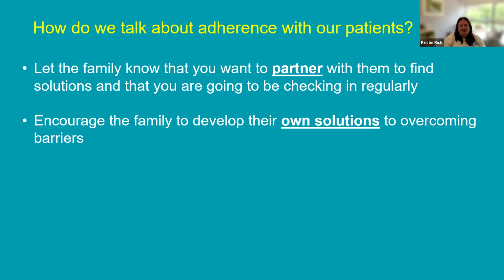But when it comes to behavior change, the autonomy of the families is really important in engaging them in this discussion. We know that people are much more likely to follow through with solutions that they've helped generate on their own than being given a list of things that they can do. So this is where that shared decision making really comes in and can be helpful.